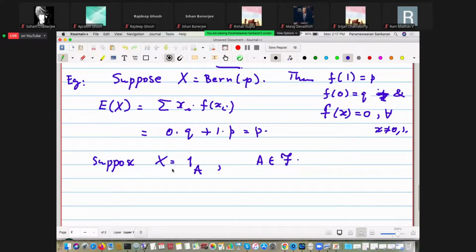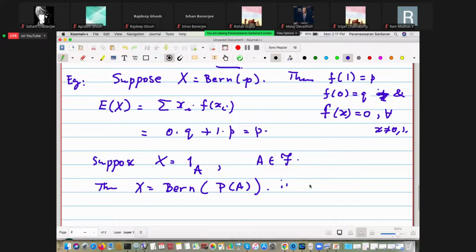In other words, X takes the value 1 on A, it is the characteristic function of A. Then also it is Bernoulli. X is Bernoulli. What is the parameter? Probability of A. And therefore the expectation of